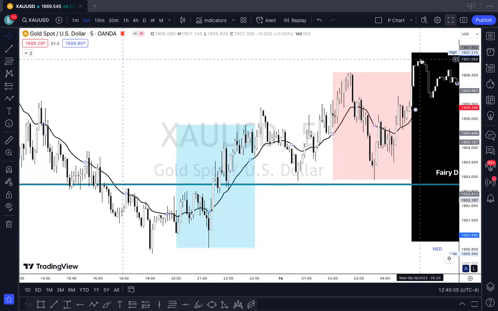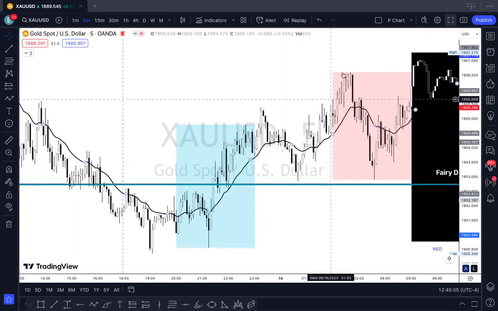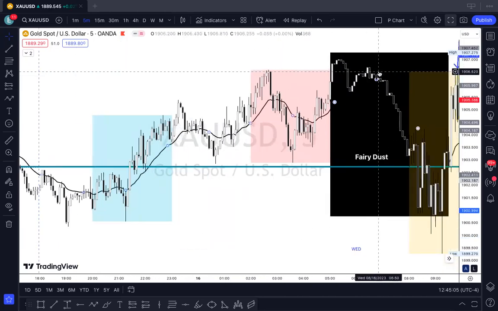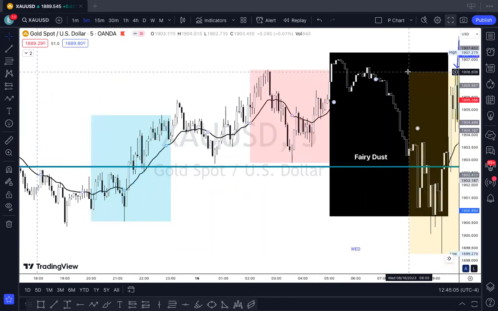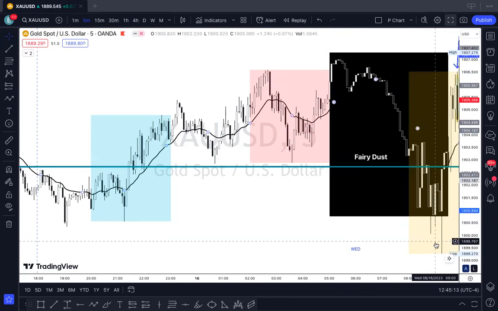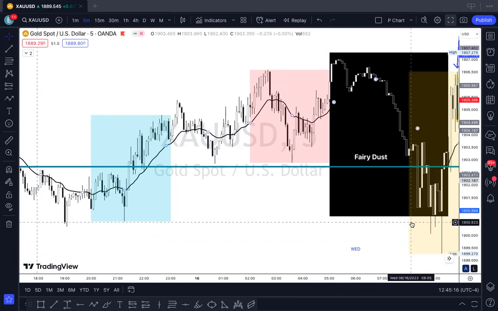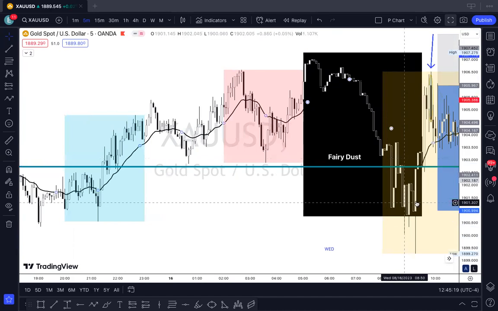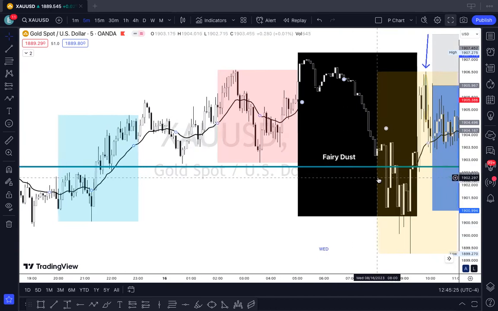Another high in the gap time, so we're making higher highs and higher lows. Then in our 8 a.m. Forex window, we have a break in structure. We make a new low of the day, and we consolidate below this 1902 level, which is Monday's low. As you can see,